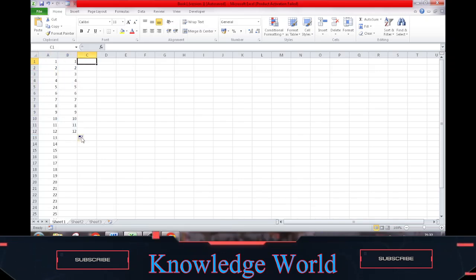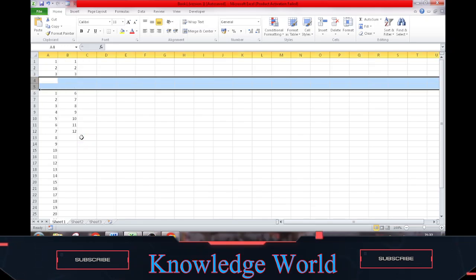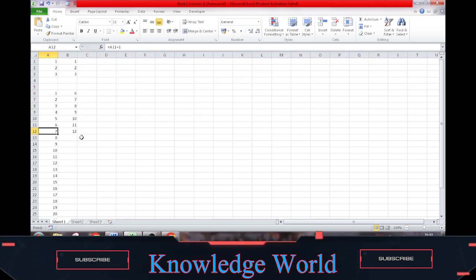Let's move on, because there is a difference. If we remove rows 4 and 5, then the whole sequence will change, but the second column is not updated.